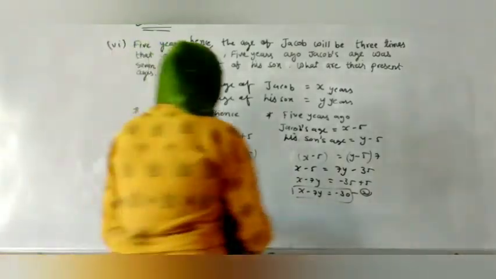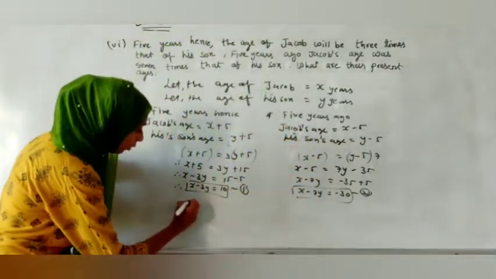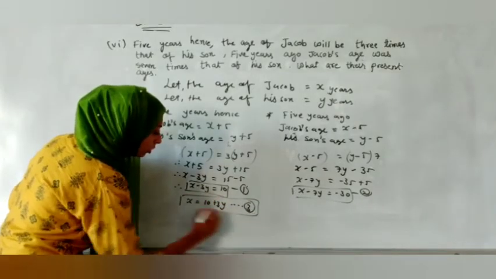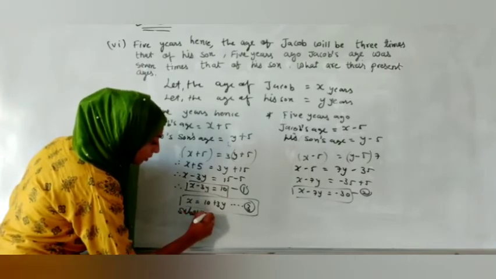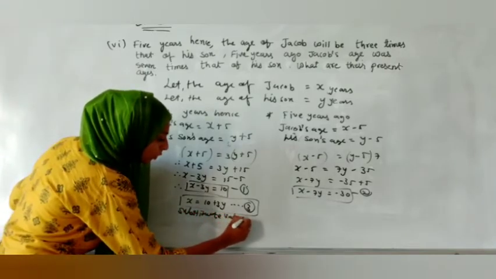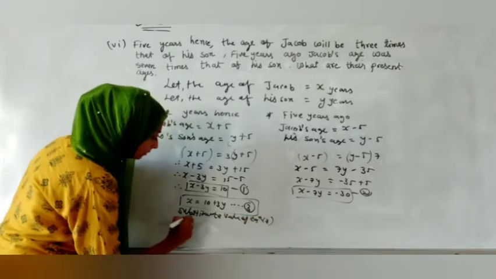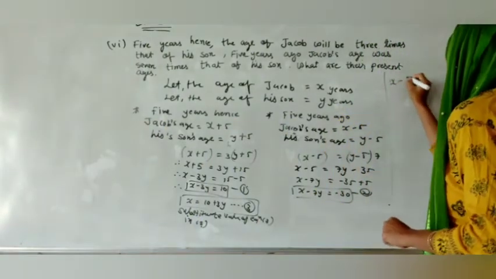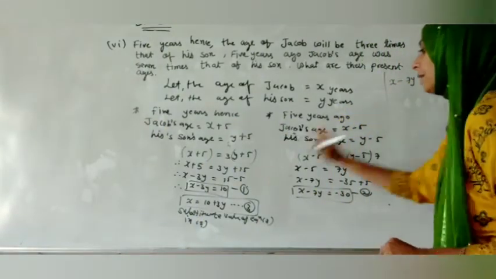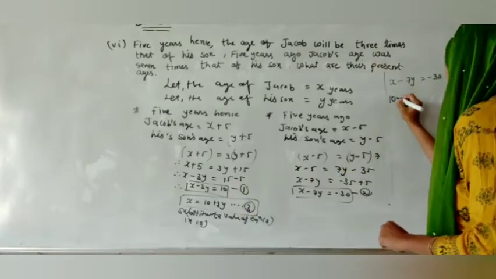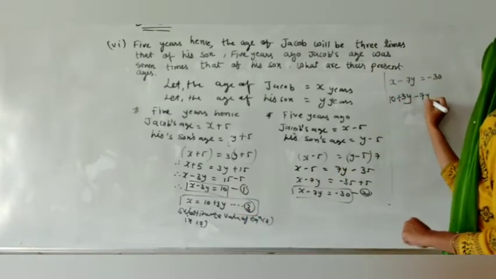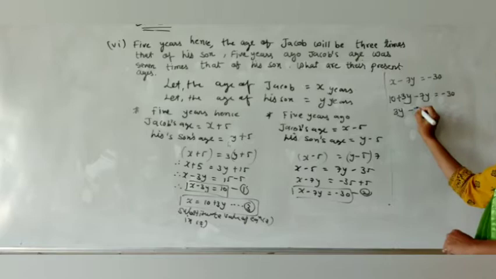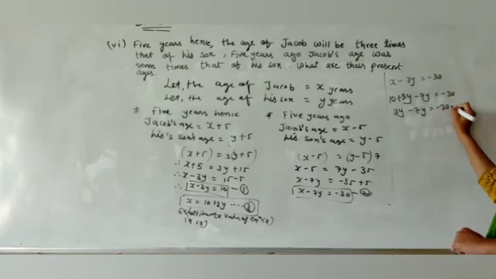Now we have to use substitution method. So what we will do, we will make x the subject of it and let me make equation 3 over here, so it will become x equals 10 plus 3y, and this is our equation number 3. So substitute value of equation 3 into, so what will happen, so यहाँ पे x minus 7y is equal to minus 30 है, तो हम सब्स्टिट्यूट करेंगे x की जगह पे 10 plus 3y minus 7y and that is equal to minus 30. Let us take number that side, so it will become 3y minus 7y equals minus 30 minus 10.